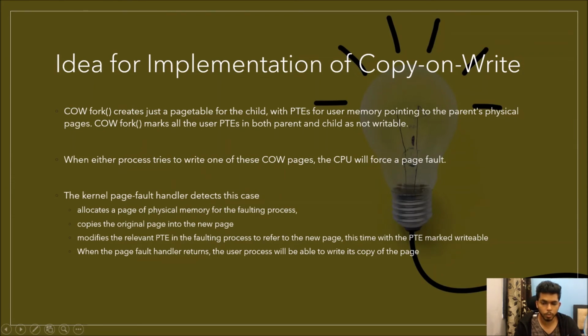This protects them from being modified while they are shared between parent and child. When either process tries to write one of these copy on write pages, the CPU will force a page fault. The kernel page fault handler detects this case, allocates a page of physical memory for the faulting process, copies the original page into the new page, and modifies the relevant page table entry in the faulting process to refer to the new page, this time with the page table entry marked writable. When the page fault handler returns, the user process will be able to write its copy of the page.